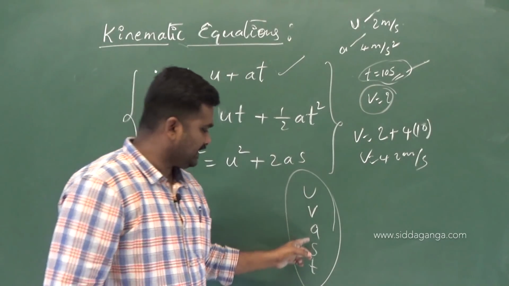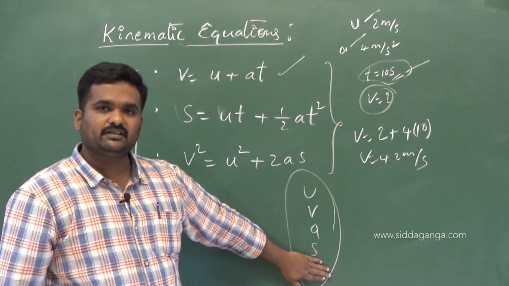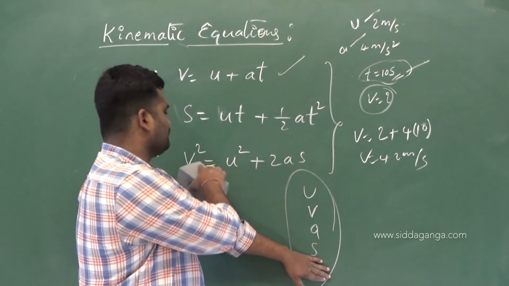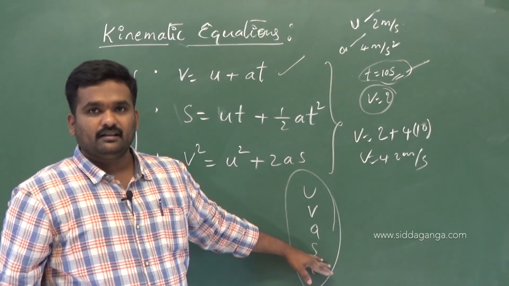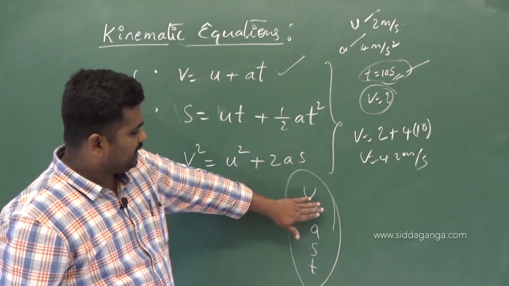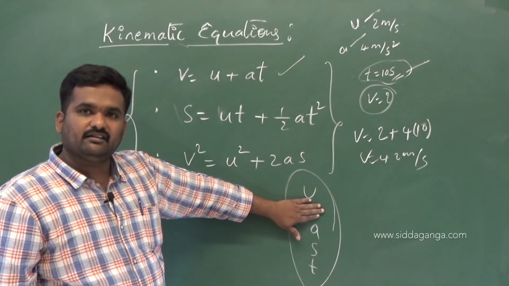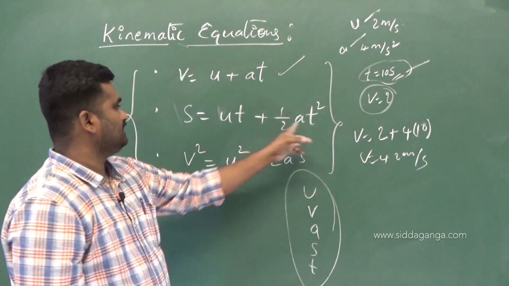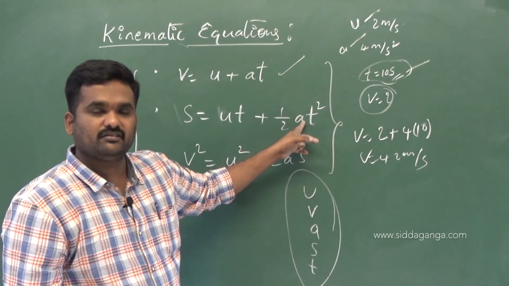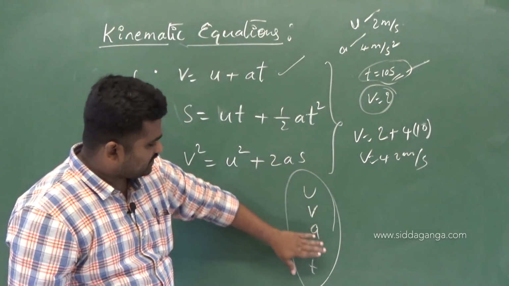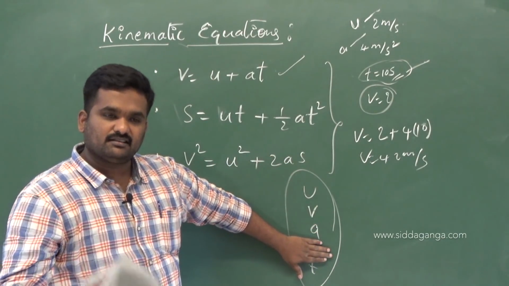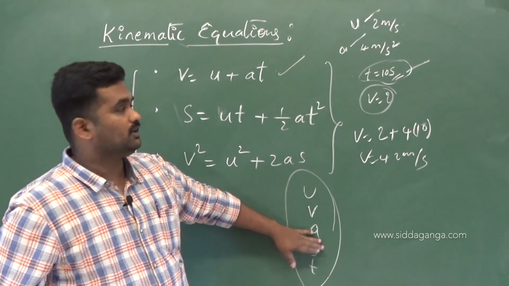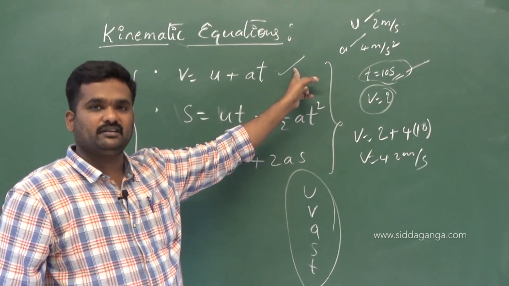See, now tell me U, V, A, S and T. If T is not required in your calculations, which equation is to be considered? The relation with U, V, A and S is what? V square equals U square plus 2AS. If in the problem they have not mentioned the V term, you are not in need of V. Then the equation corresponding to U, A, S and T is what? S equals UT plus half AT square, which you have to remember. Sometimes displacement is not given or not considered in your problem. Then which equation? The relation with U, V, A and T is what? V equals U plus AT, which you have to study.